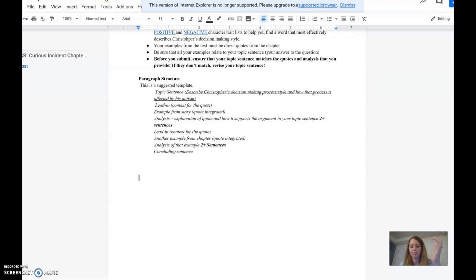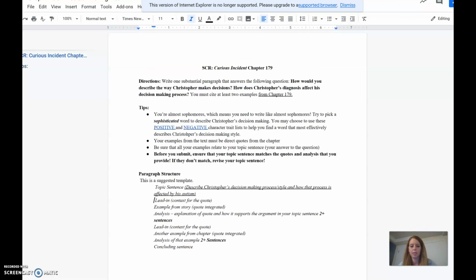That way you have the format in front of you, you've got the question there, and then I would really look over these tips. These are helpful tips to help you write a really good paragraph. A bunch of grades are going in for this one, and those of you who are right on the bubble between grades can really get your grades up to that next level if you do this well, and I can give you some feedback for how to improve if you need to.